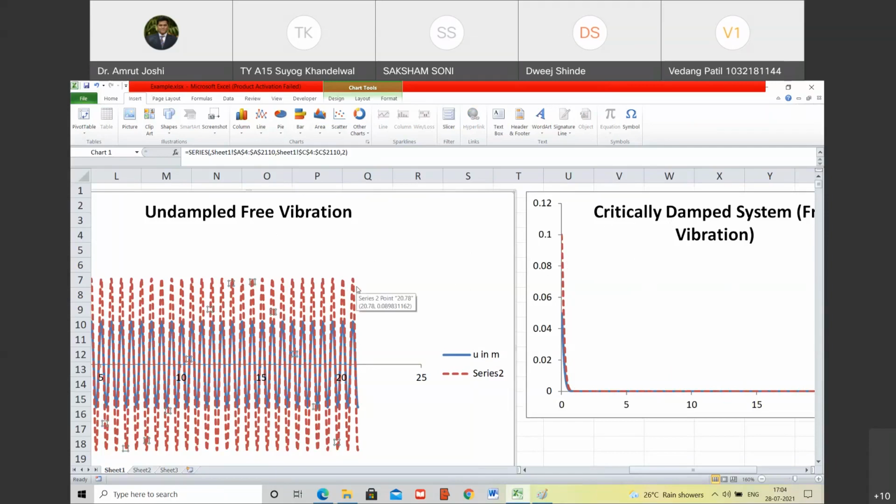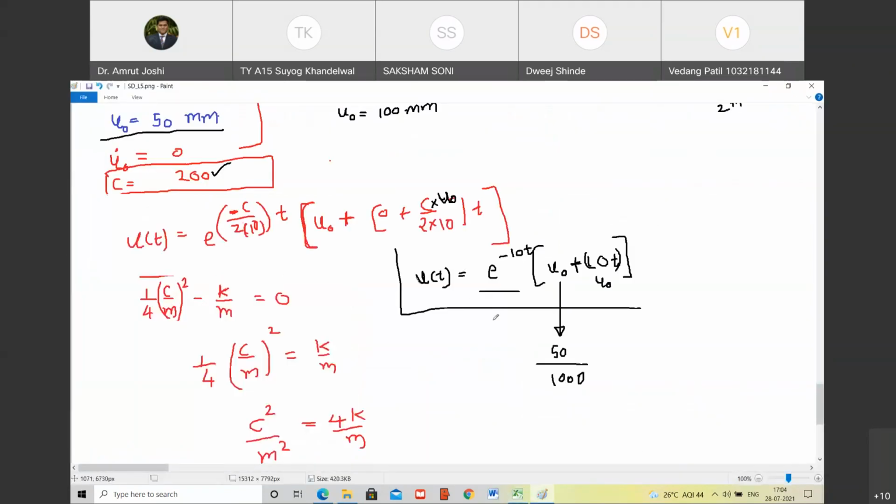When it is an undamped system, you will see that the mass crosses the mean position and keeps on oscillating about the mean position. Are you with me? Forever, for eternity. Whereas in case of a critically damped system, the mass never crosses the mean position. Do you agree with me? When you pull it towards right by 100 mm, it never crosses the mean position. At the most, it can come back to the mean position at time t equal to infinity. Happy? So this also can be seen from the very nature of the expression.